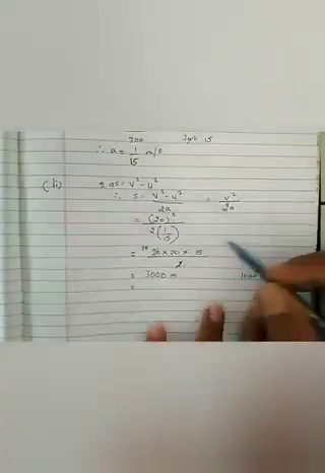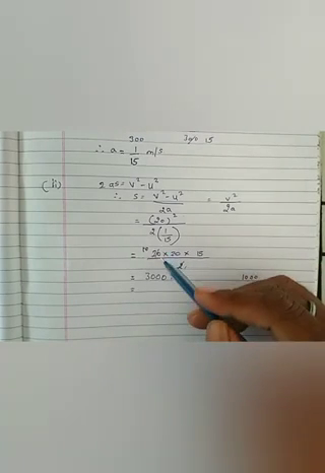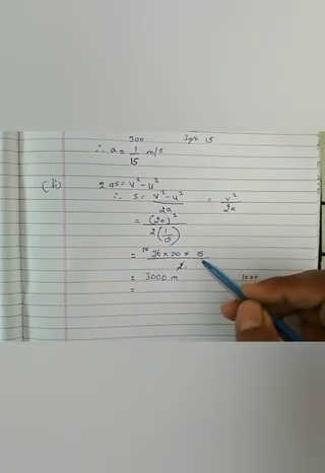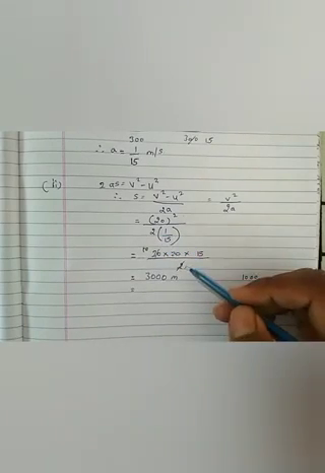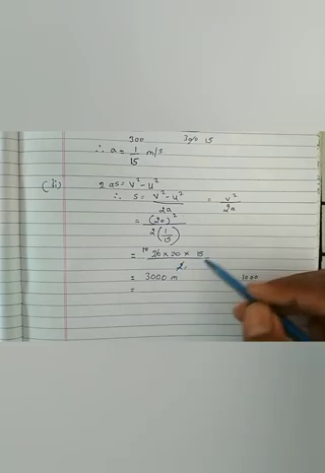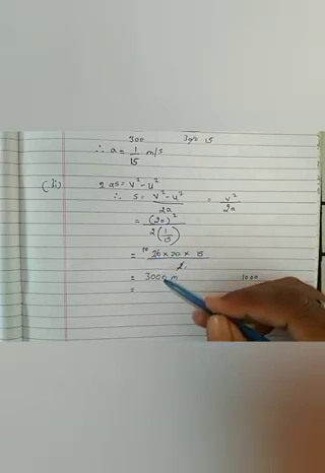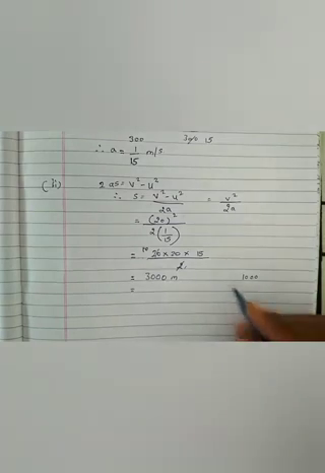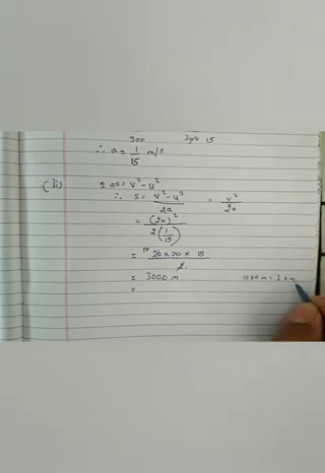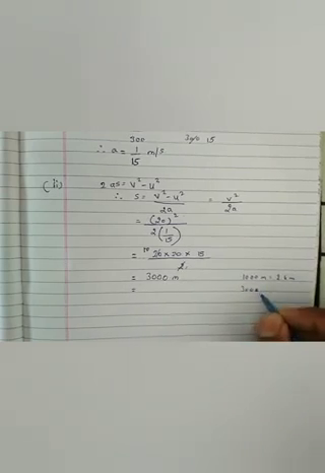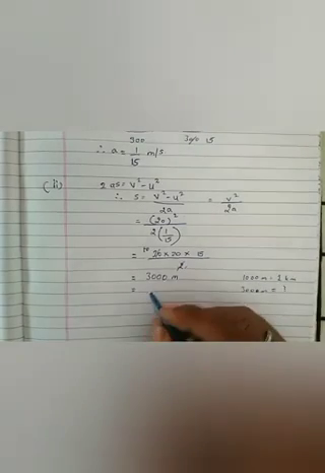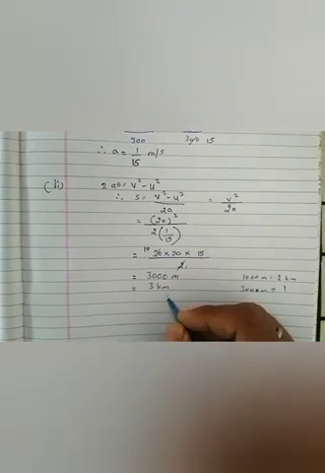So 2 into bracket 1 by 15. So 20 square you have to write as 20 into 20, and this 15 will go up, right? And this 2 will remain down. 2 ones are 2. So when we cut 2 tens are 20, and 20 into 10 is 200, and 15 into 200 is 3000 meters. Now we have to convert this meters into kilometers. You know that 1000 meters make 1 kilometer. So 3000 meters will make how many kilometers? Right? What we will do? We will divide 3000 by 1000. So we will get the answer as 3 kilometers.